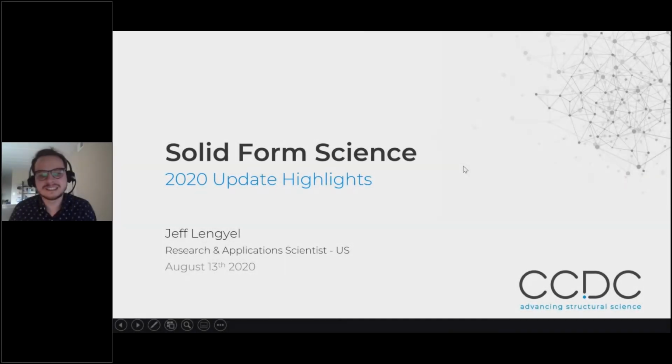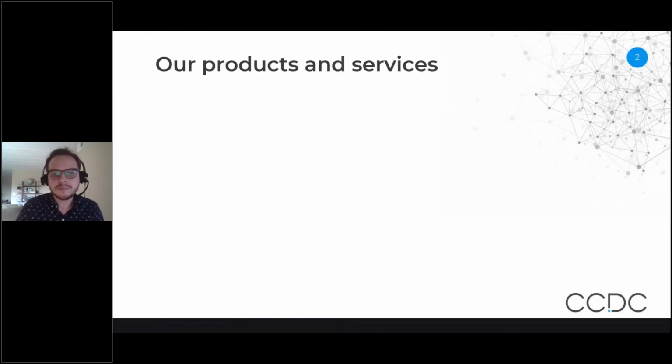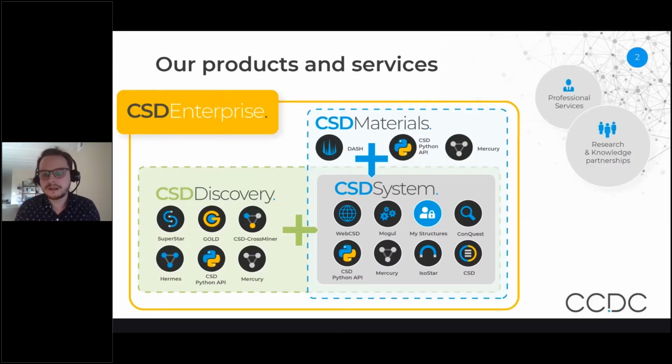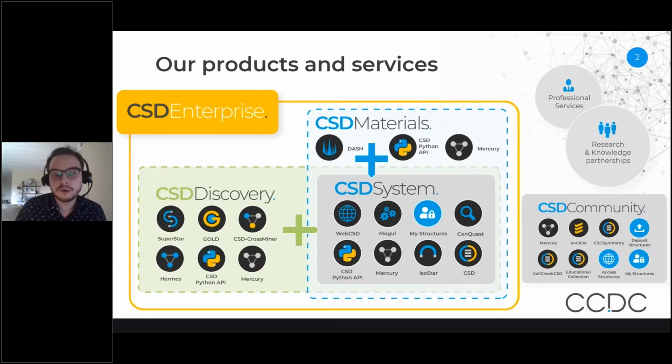I'm going to be discussing some of our tools and upcoming updates and efforts we're making towards solid form science for the 2020 to 2021 year. To give a brief overview of where this sits within our portfolio, I'll be discussing tools